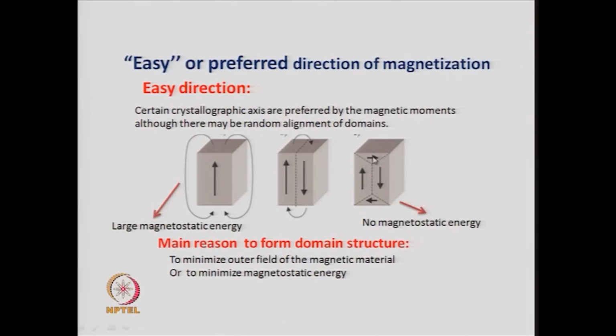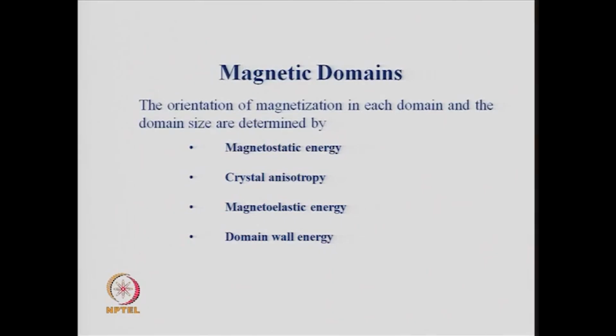What is this energy between these 2 domains, or these 2 domains may be different, and so the domain wall energy is again one point of importance. So, the magnetostatic energy, the crystal anisotropy, the domain wall energy, all these 3 things will be of importance ultimately for the magnetic domains to form. So, what kind of magnetic domains ultimately result depends on these 3 different factors, and that can be studied as